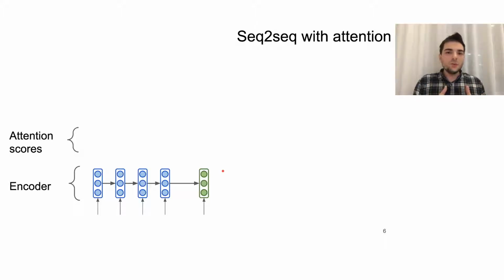And what if we are speaking about some specific situation where the first word, for example a name or something, was in the third place in the source language? Then actually this hidden state should be connected with that hidden state with the highest weight, and it should ignore all the others. But how can we actually formalize this connection weight?